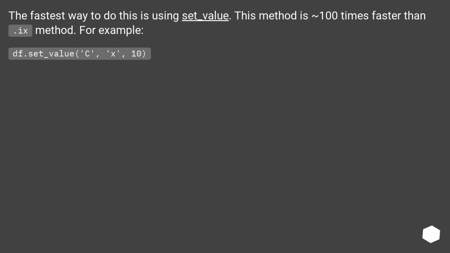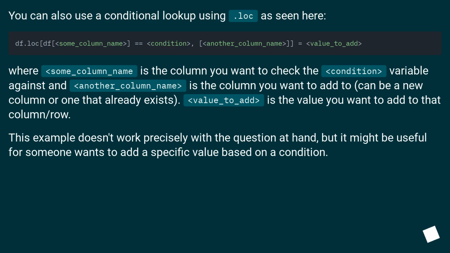The fastest way to do this is using set_value. This method is 100 times faster than the .ix method. For example, df.set_value('C', 'x', 10). You can also use a conditional lookup using .loc as seen here,